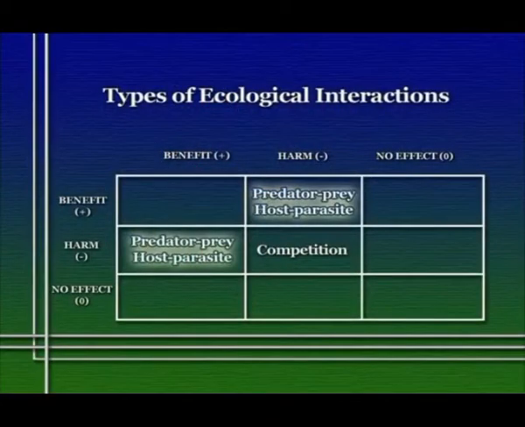Well, now, yet another kind of possible interaction that can occur between two species is when individuals of one species benefit from being in proximity to the other species, but individuals of that second species actually are harmed by the interaction. This usually happens when one species is either a predator of the other species or a parasite of the other species. So we refer to this kind of interaction as a predator-prey interaction, or sometimes we might call it a host-parasite interaction.